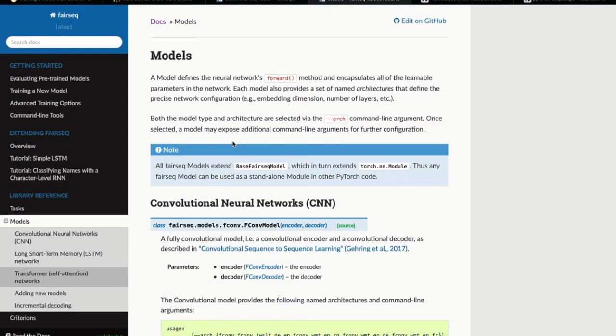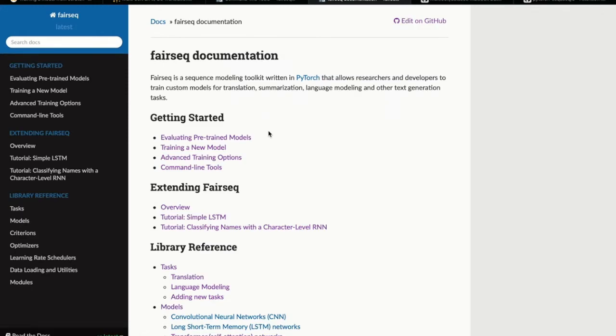Today we are going to discuss how to train an NMT model from scratch using the Fairseq library. Fairseq is a very easy library to help you start your research in the NMT area. It can also be used to train models from scratch. Today we are going to discuss it.